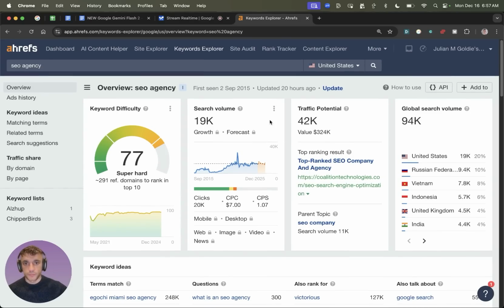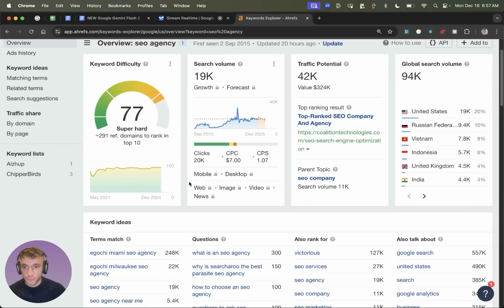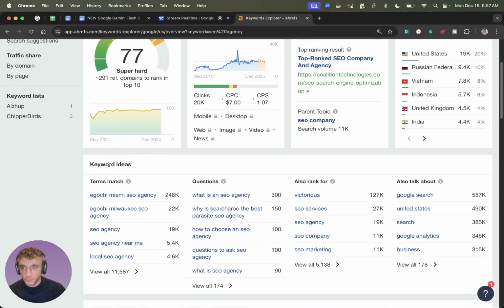You are asking how to find easy keywords for SEO using Ahrefs. First, you should enter a broad search term like SEO agency, which the presenter does in the video. Then look at the keyword ideas section at the bottom. This section will show you many suggestions in their metrics, such as search volume and